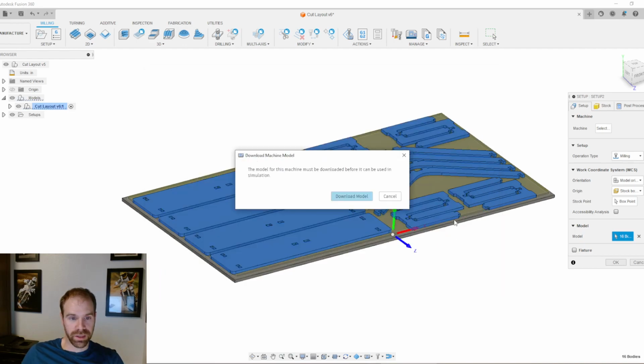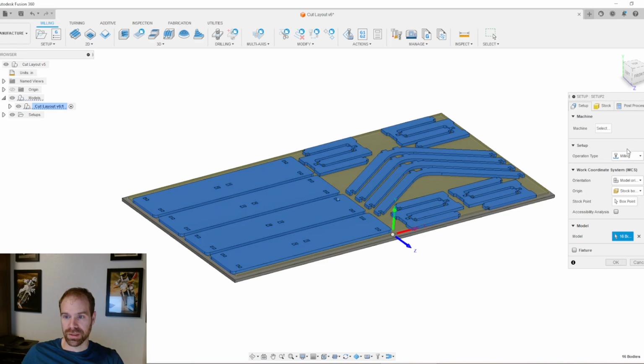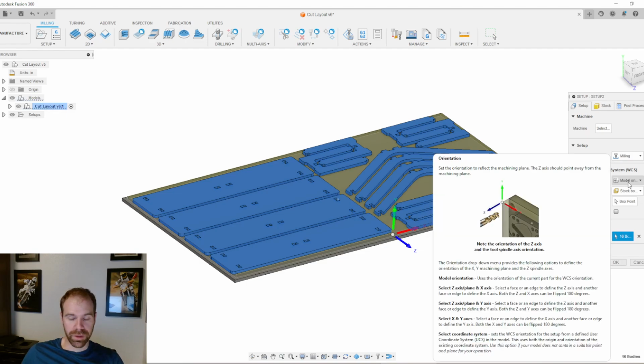Sure, we'll select that. You know what? Actually, I don't think we need this. We probably don't even need to do the machine model. I think that's not necessary. We're going to do milling, and then we're going to do